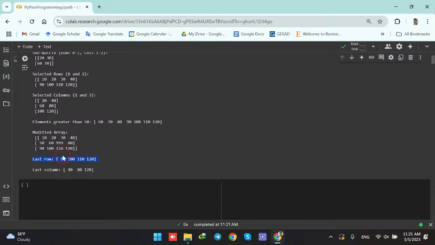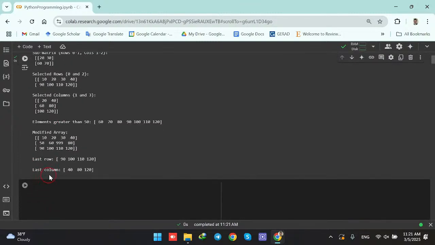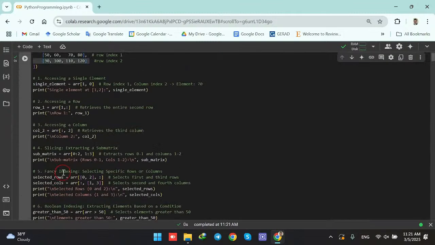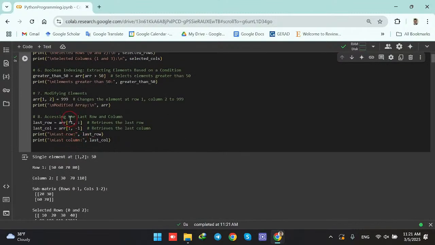Here we see that we are having the last row. The last row is from 90 to 120. So we see from 90 to 120. And we are having the last column, 40, 80, and 120, being printed in the output using the